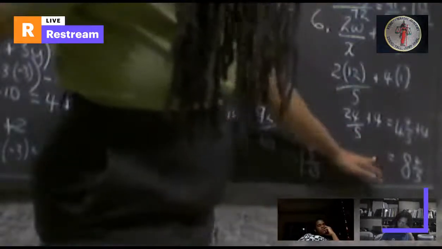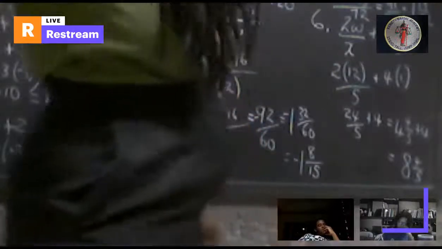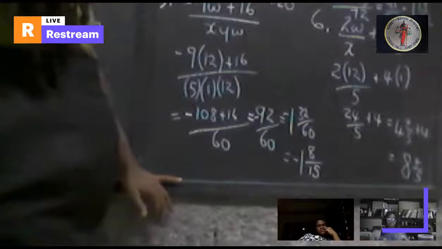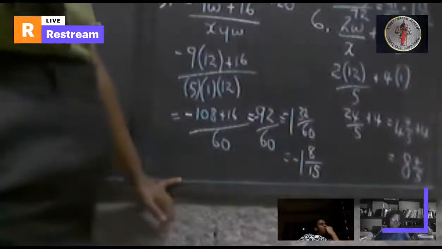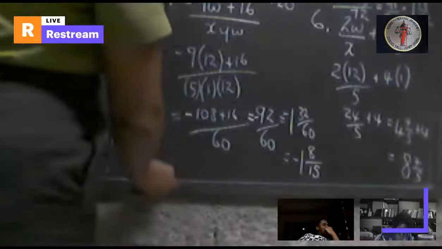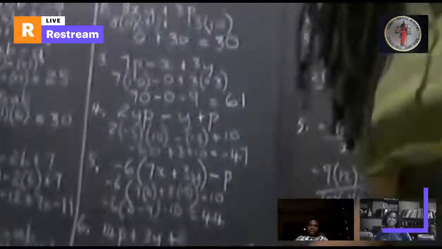The LCM would be 5, right? Yes, Miss. So 24 and 4 over 5, so in all we would get 44 over 5, which would technically be 8 and 4 over 5. All right. So then, no, I'm good. So we have demonstrated